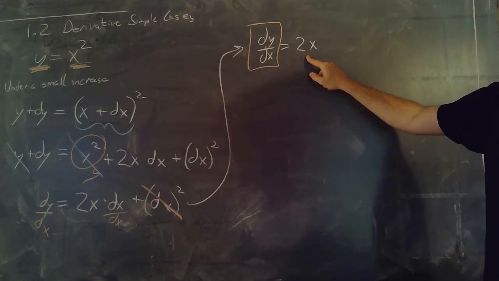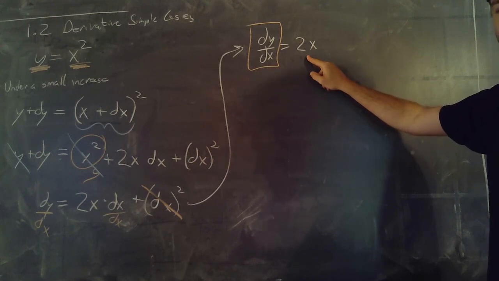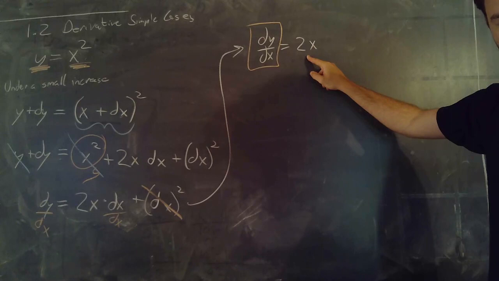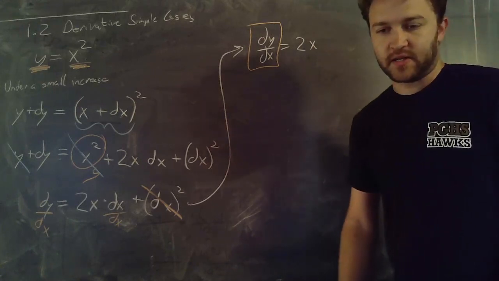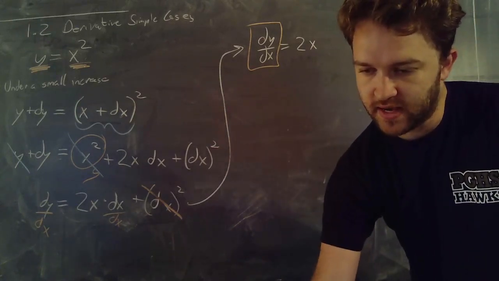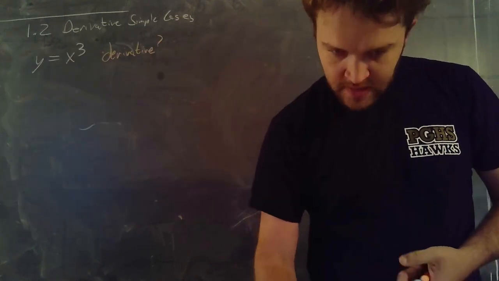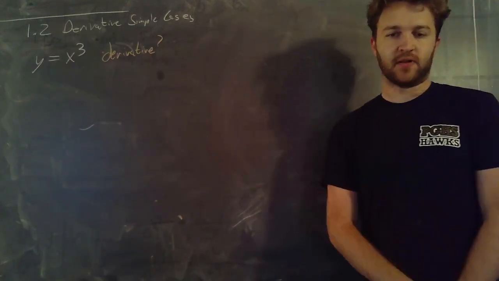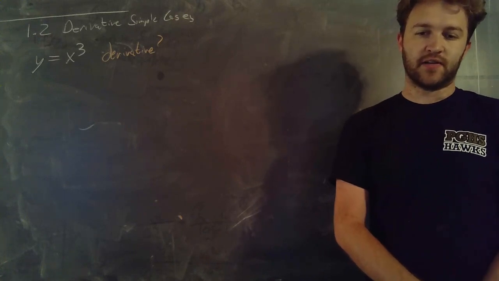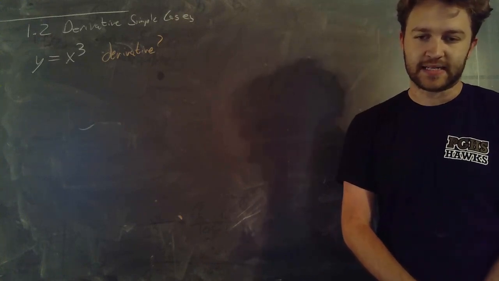And then we can proceed in similar fashion for other polynomial equations, and we'll always be able to produce a derivative in this fashion. I'm going to clean up the board here, and then I'll show you another example shortly. Okay, so for a second example,